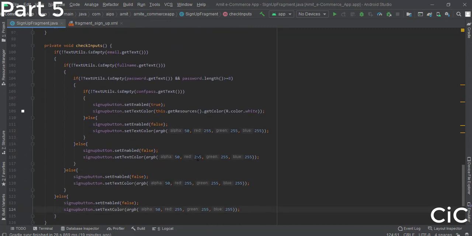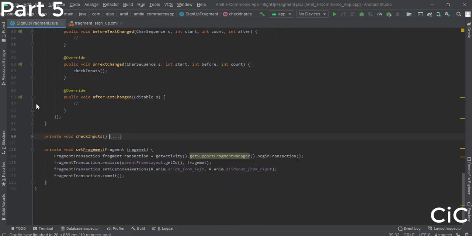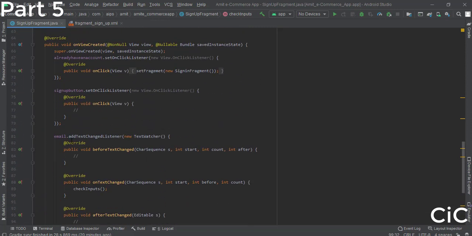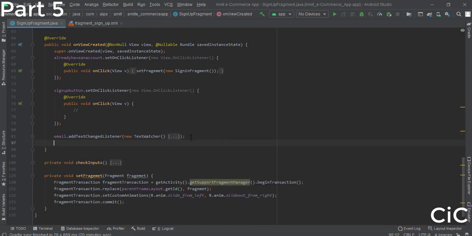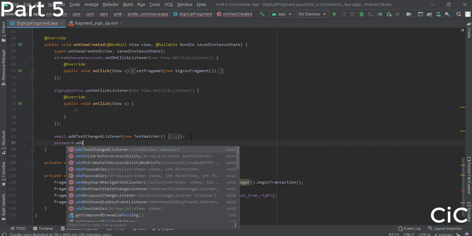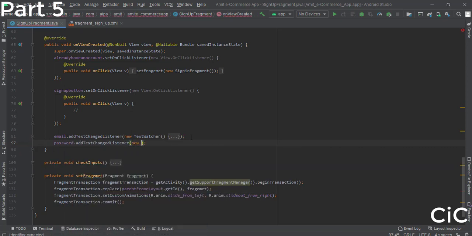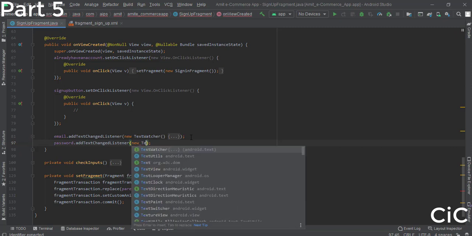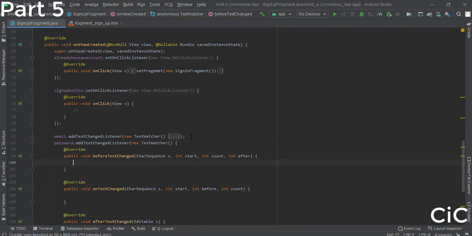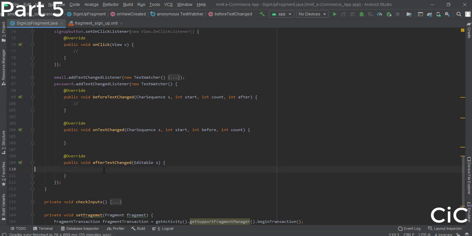So now what we'll do is, we have checked the inputs for the email right now, right? You can see this email. So now we will check the same thing for the password. So password.addTextChangedListener, then new TextWatcher, and the same, this will be null, this will be null as well, and here we will pass that function which is the checkInput function.